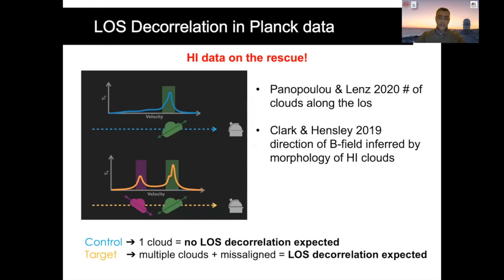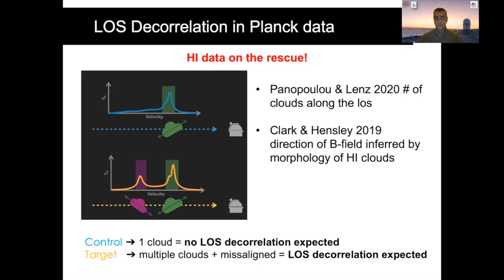First, HI spectra can be used to identify locations of the sky where the line of sight intersects multiple clouds. And second, high-resolution HI channels reveal thin linear structures that are statistically aligned with the magnetic field as traced by